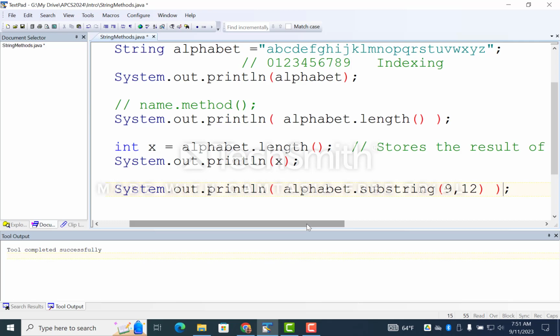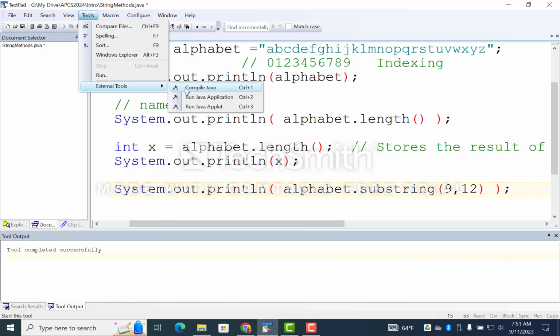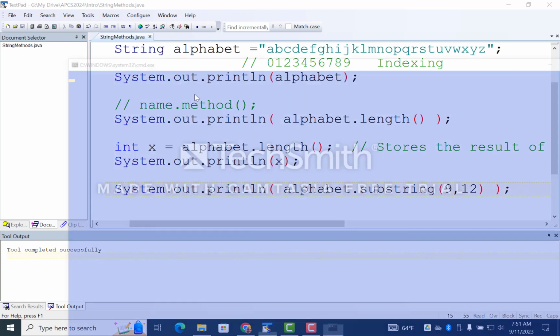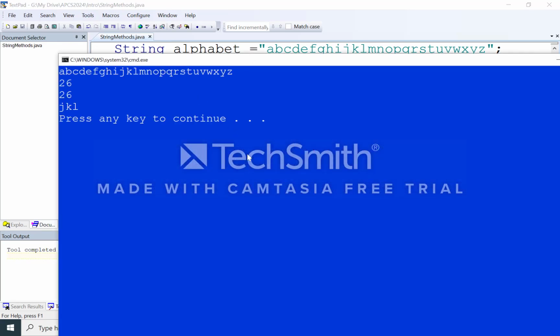And this one's weird because this one actually has stuff inside the parentheses that are defining it. It's saying, what are we doing with it? So I'm going to go ahead and print out what is 9 to 12, and it should basically just print out whatever's in the index 9 and go to more later, which is exactly what I just said. Not 9 through 12, but go from index 9 to character number 12. How do they switch it back? Well, I don't know if they program it this way. And guess what? The AP exam